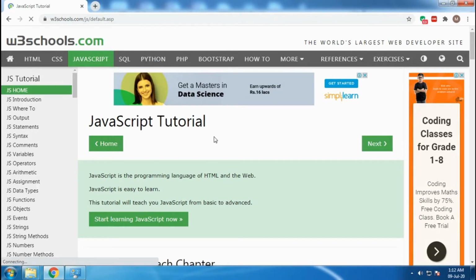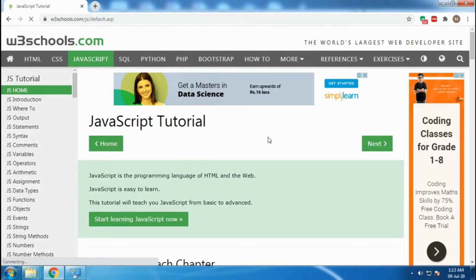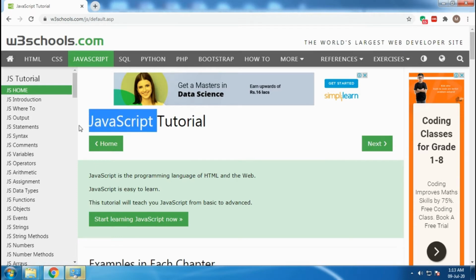You can create your web pages or HTML pages using HTML and CSS, but to make your elements interactive or make your website or web page dynamic, you need to use some language. In the case of browsers, this is JavaScript. So JavaScript helps you make your web page elements interactive and dynamic.